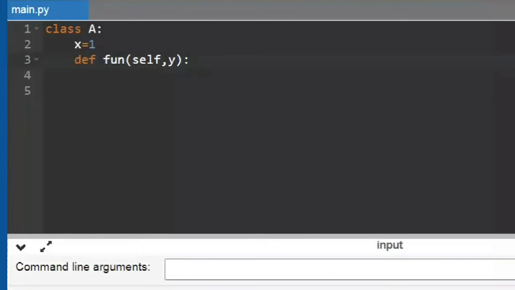Here I am taking y, so I'm making a variable here. I'm saying self dot y is equal to y. Now I created an instance variable here, and this is a class variable. As of now we will just remove this, so you can understand the basics. That is enough. This is my class. I just have a class, and inside this class I have a method. Fine, now I came out of the class.